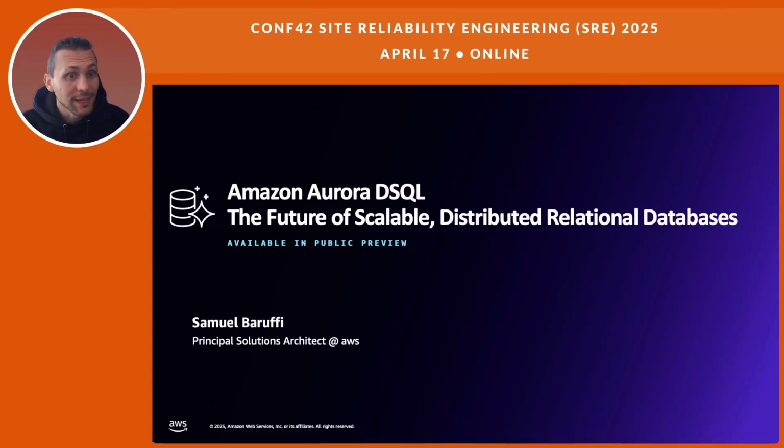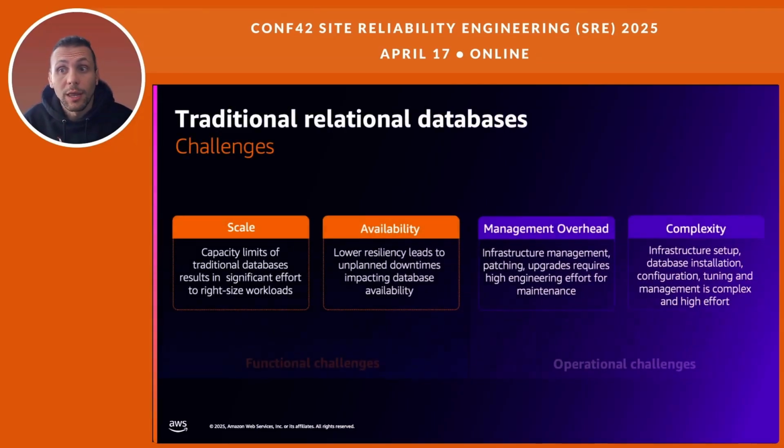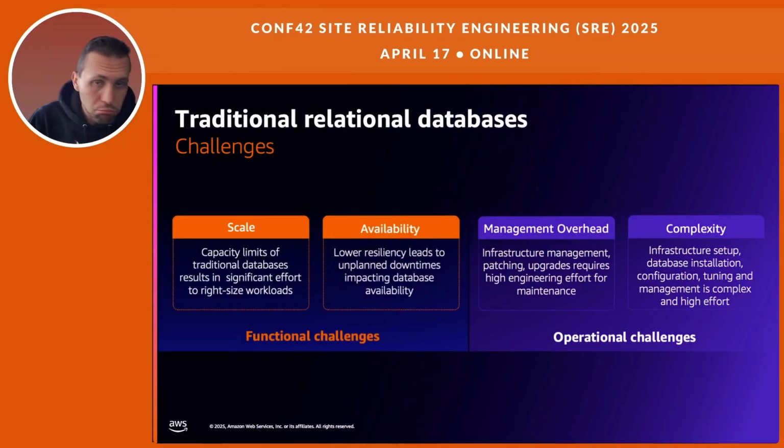Today, I'm going to be presenting about Amazon Aurora DSQL, which is a new relational database offering on AWS. So let's start talking a little bit about some of the current relational database challenges, right? We can give an example about running a Postgres database in whatever service or platform. It could be on your own EC2, could be on-premises, or potentially could be on RDS as a